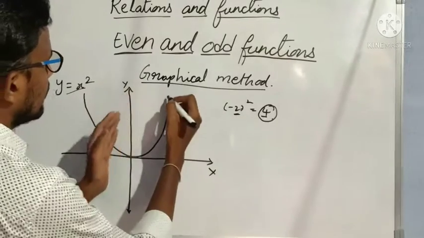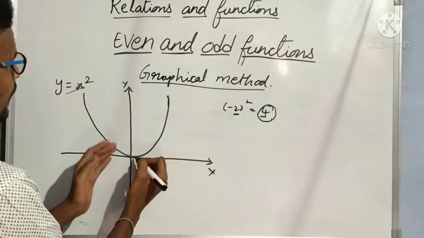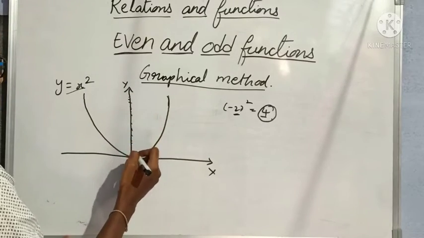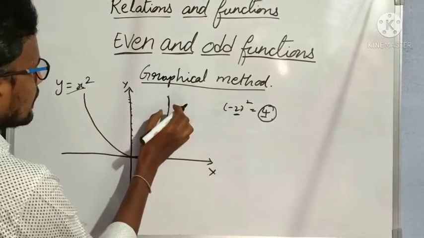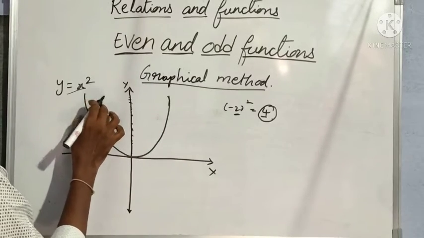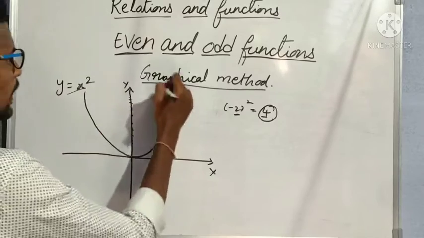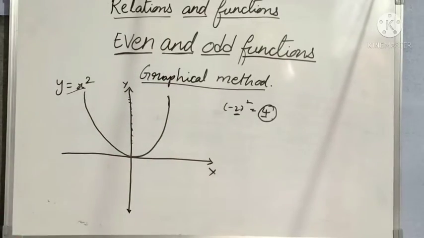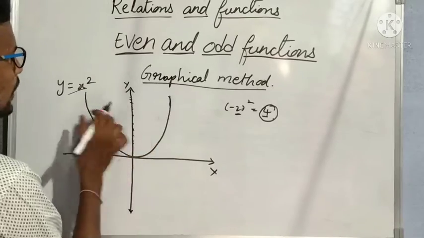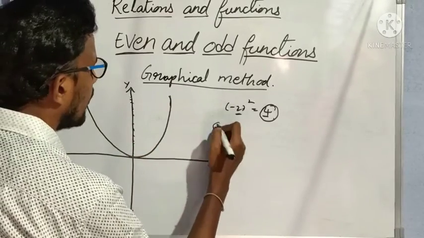If I take this curve, this half curve, for suppose a mirror is placed in between like this. If you see in the mirror, the image of this curve will be this side, right? That is why this is symmetric about y axis. Understood? If you see the mirror image about y axis, then such curve is what type of curve? Even function.